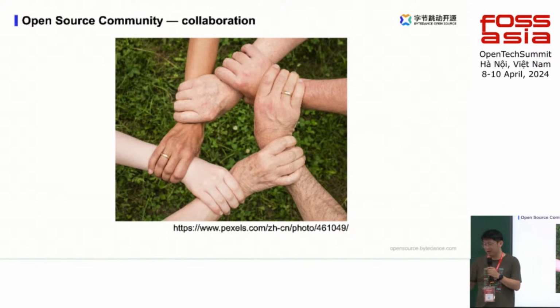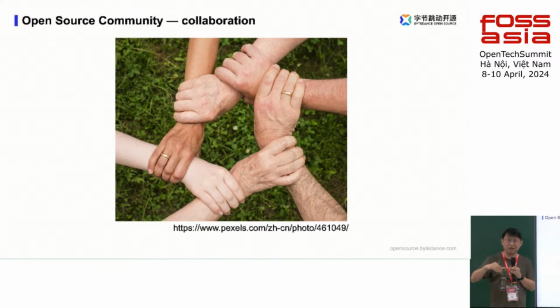And in the open source community, it's pretty easy for you to pass the entry level. You can read about the project's information from the website, subscribe to the mailing list, and find out about the discussions of the projects from GitHub issues or PRs. In this way, people can collaborate by sharing this kind of information,